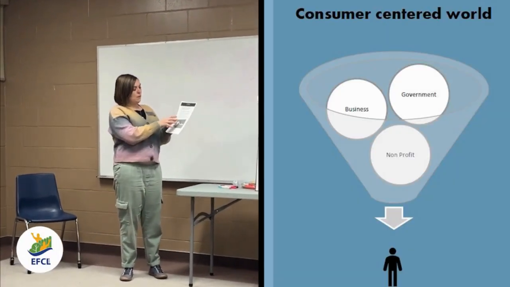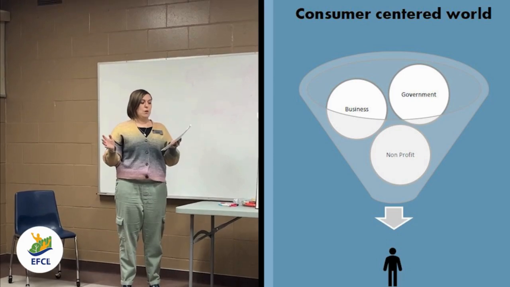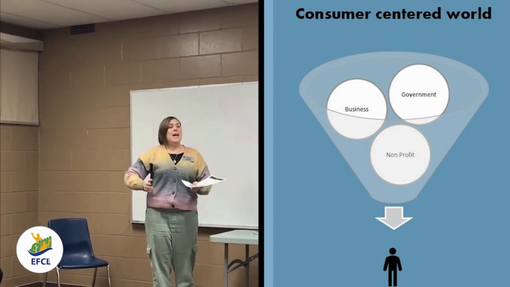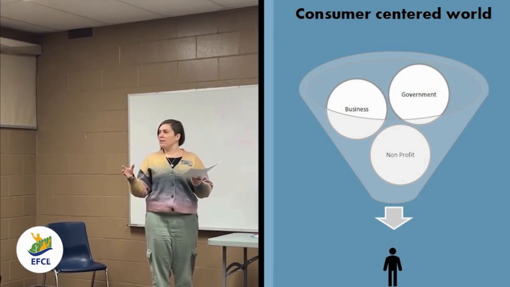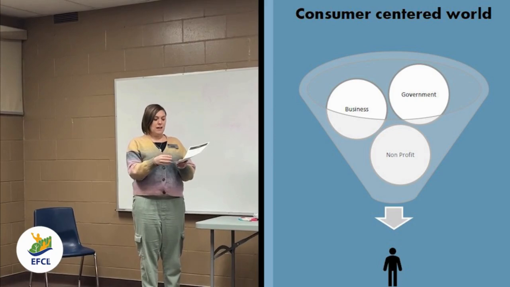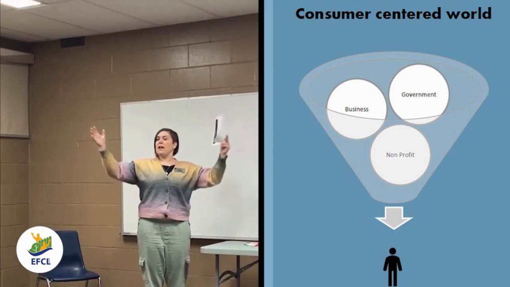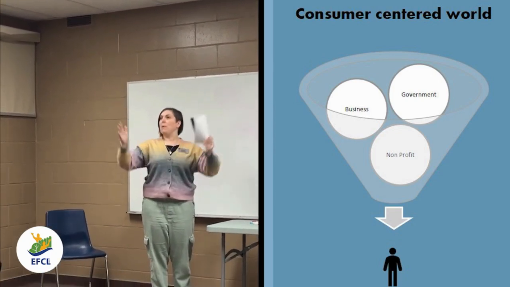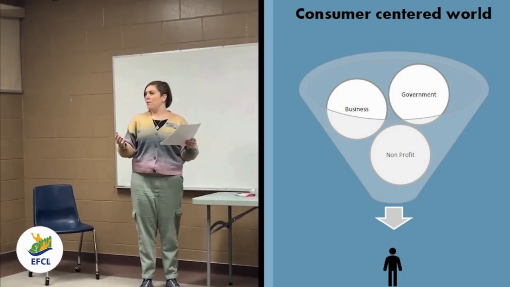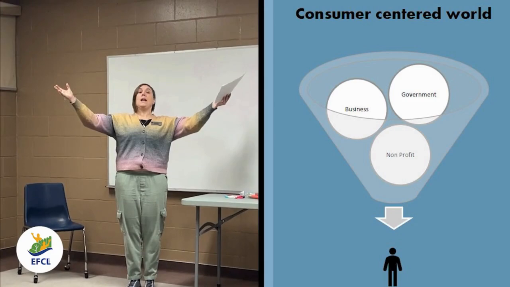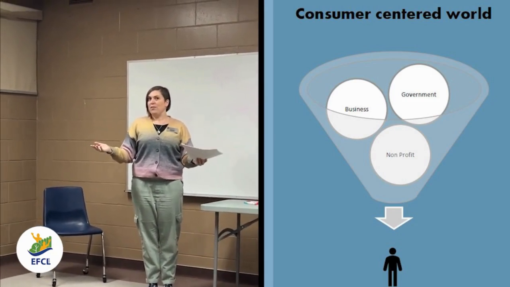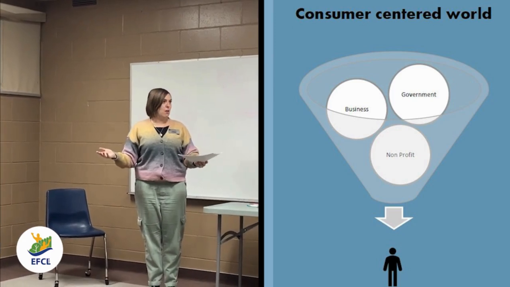So if you look at the first little diagram of what they call the consumer-centered world, the idea is the little guy at the bottom is the consumer. So you can think of this in sort of capitalistic terms, like consumer of goods, that kind of thing. But also there's a sense that he's there and services and things are kind of funneled down into him from above. So the little bubbles that are coming down to him are like business, government, nonprofits. So basically he's sitting there kind of waiting for things to be done for him, services to be provided for him. And that's kind of how we've set up our systems in our society.